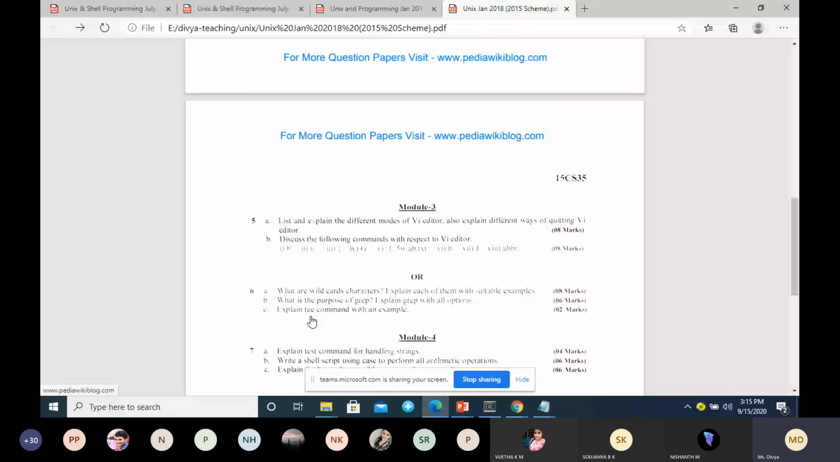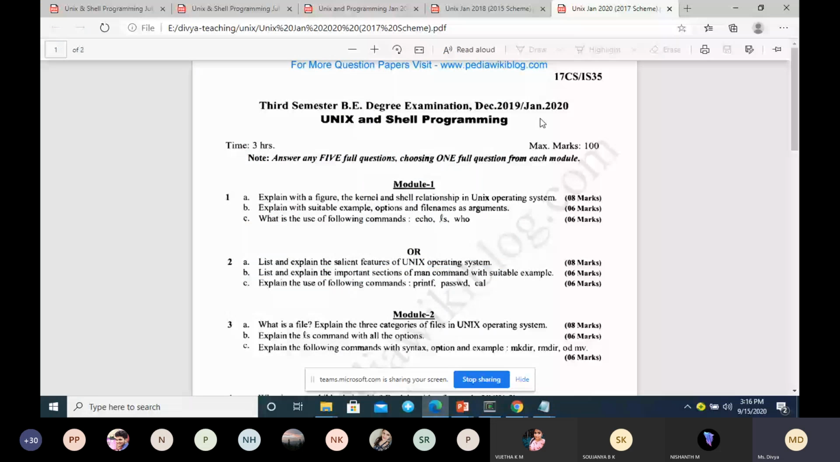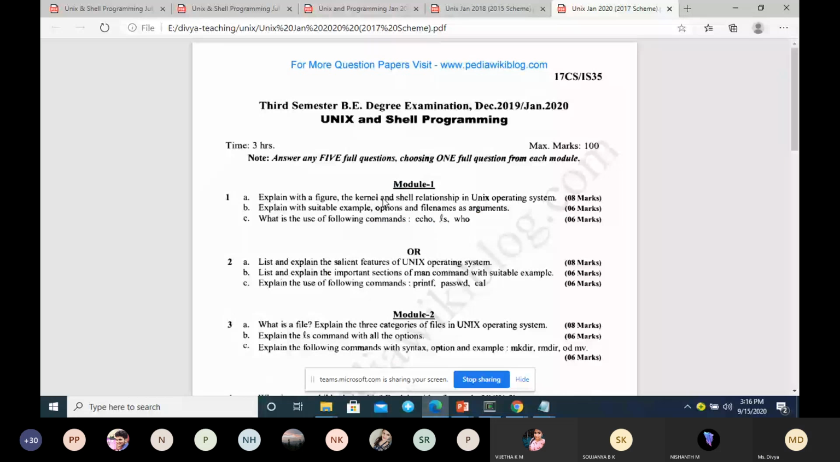So I have one more. I will take 2020. I will take this. So this is very simple. So kernel and shell. You can see here this is 17 scheme. Previously we discussed about 15 scheme. These are all 15 scheme. So this is 17 scheme. Kernel shell relationship with the need diagram. Example,